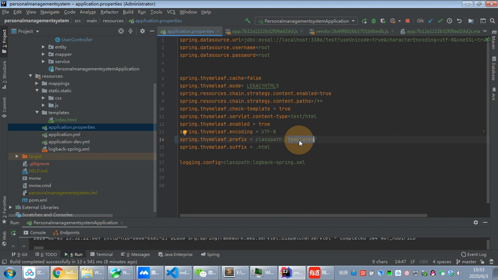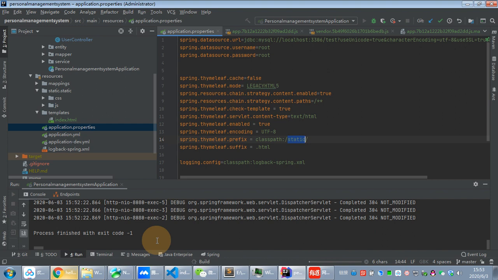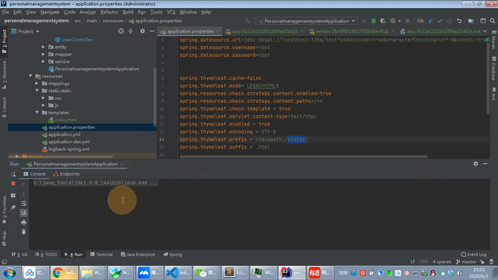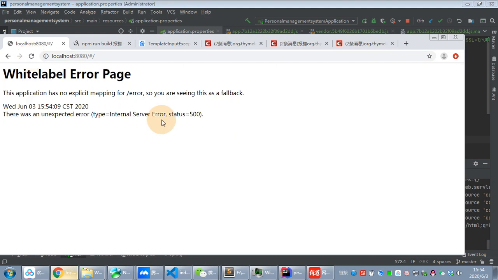I will change it to wrong, okay, to test for you. If you change it like this, I should start our server. Here the status is 500, okay,